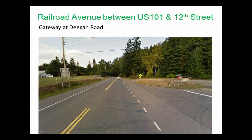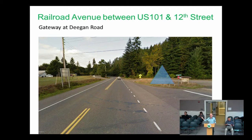Another thing that we looked at is once you get off the off-ramp and you head up Railroad Avenue to town, there's a little information kiosk that's been out there for about 20 years or so. And that is right next to Deegan Road, and that is a great candidate for a potential gateway sign. This is county. It's outside the city limits, but it's within the UGA? Exactly. And so at some point, this will probably be captured by the community, so why not capture at least